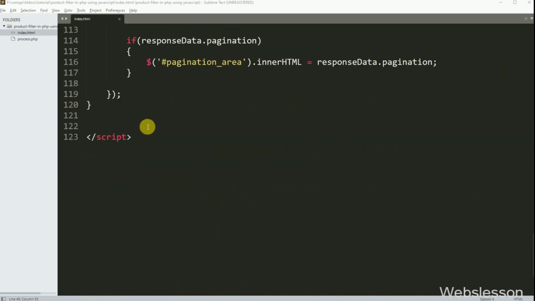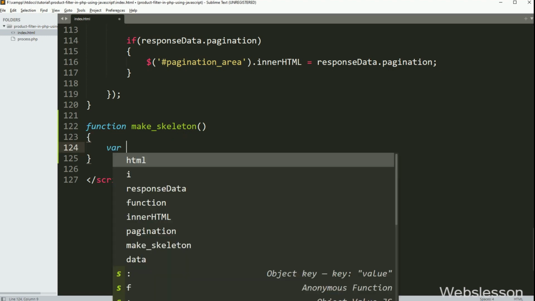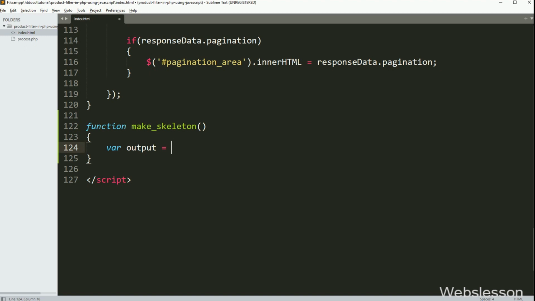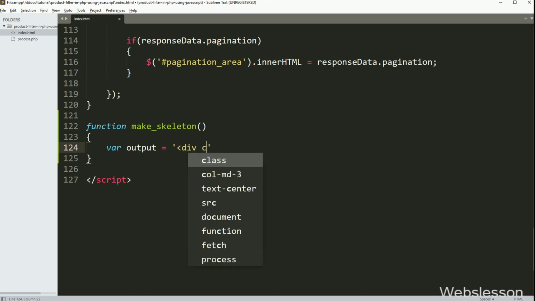Now we have gone to the JavaScript code part, and here we have created a make skeleton function. Under this function, we have written an output variable equal to HTML code like a division tag with class equal to row.